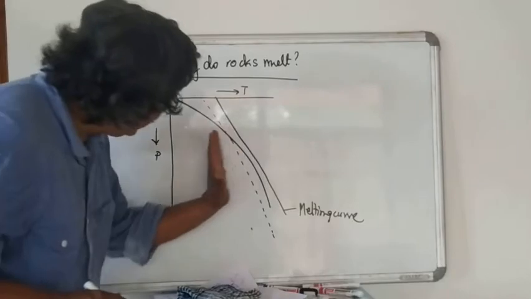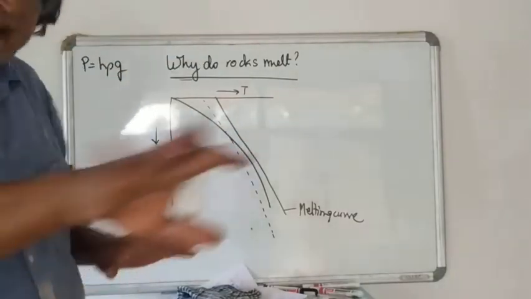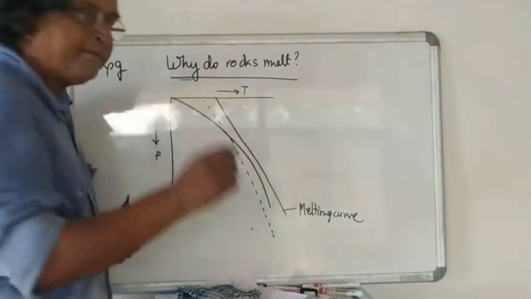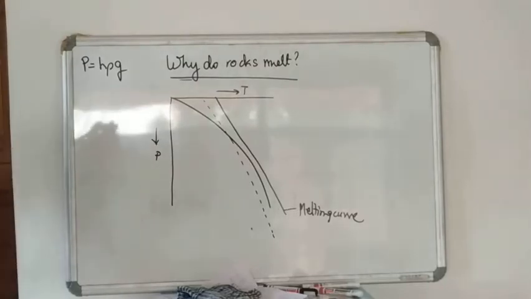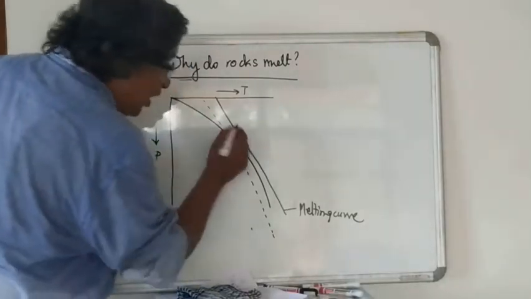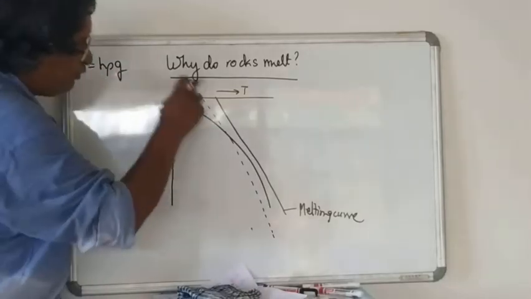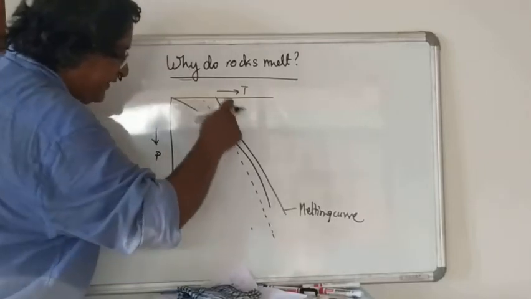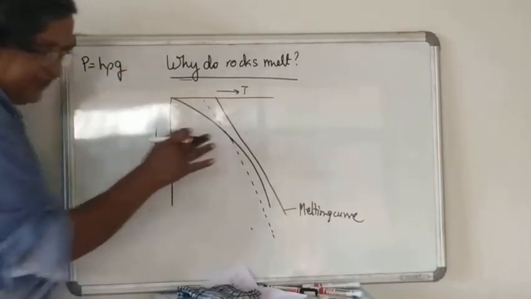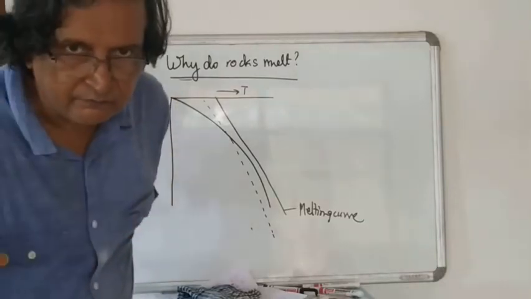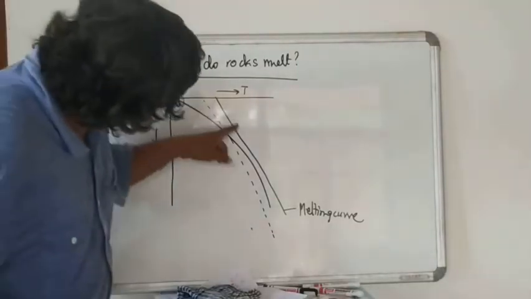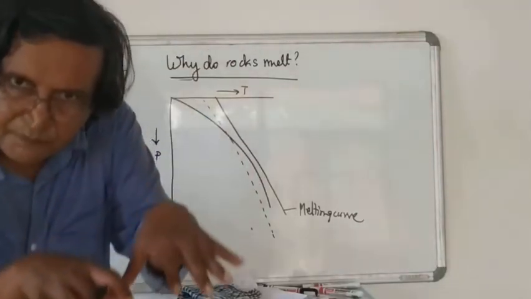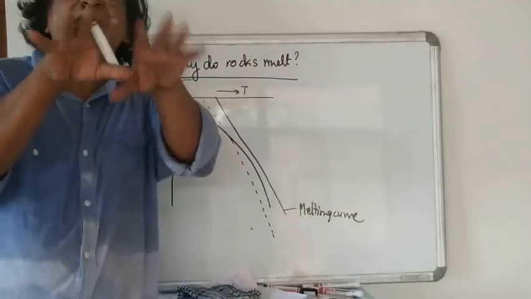How do I bring it here? By adding a solute. There can be other ways, but for the moment, adding a solute, I bring down the melting temperature by a specified amount. Well, look what happens. For the continuous melting curve given here, the geotherm is at lower temperatures, so no melting. If you have this melting curve and this is your geotherm, then the geotherm is at temperatures below the solidus. So no melting occurs there.